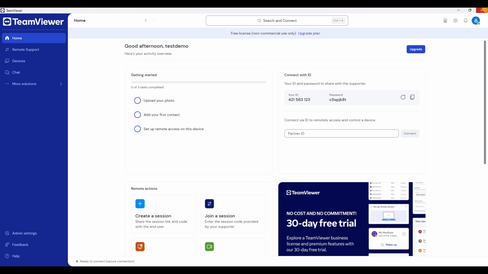Prefer using the keyboard? With the TeamViewer window selected, press Alt plus F4. This does the same thing as clicking the X and is handy when you want to close the app quickly without reaching for the mouse. Just be sure the TeamViewer window is active before you press the keys, or you'll close whatever app is currently